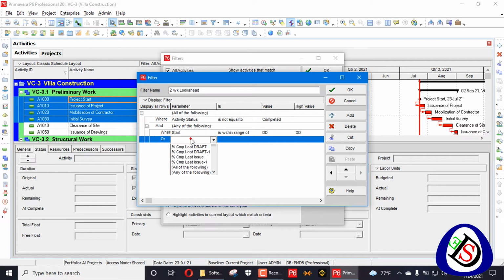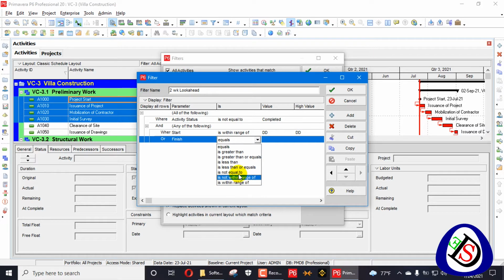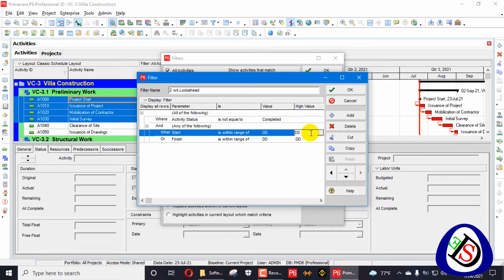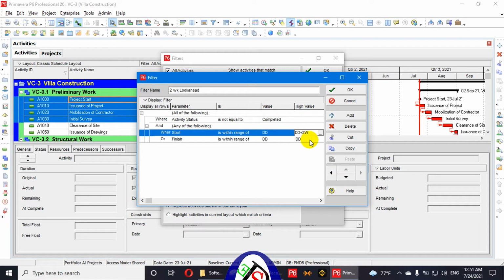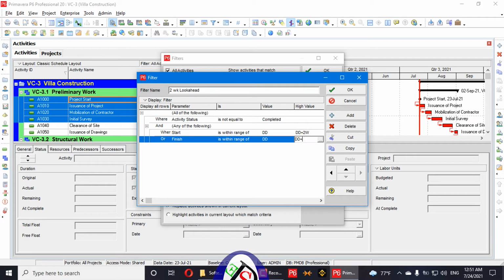The same for finish date: within a range of data date and the data date plus 14 days, or 2 weeks. We can write here 2W or 14D, it's your choice. These are already configured in Primavera P6. So we created a 2-week look ahead filter here.